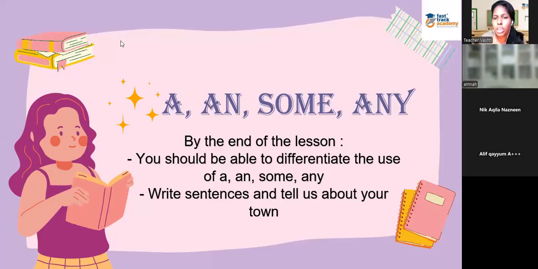Okay, so today we are going to learn quantifier nouns. We are going to learn these 4 words and where to use these 4 words, okay? So we are going to focus on the words a, an, some, and also the word any. By the end of this lesson, sebelum kelas ni habis, you should be able